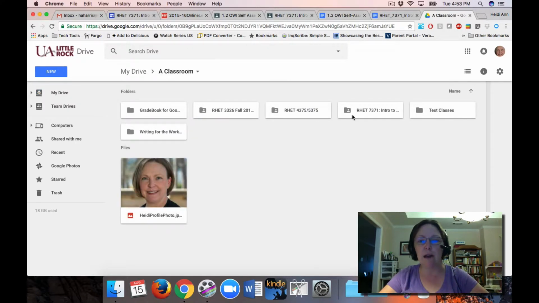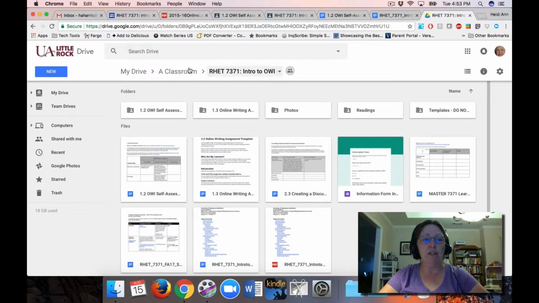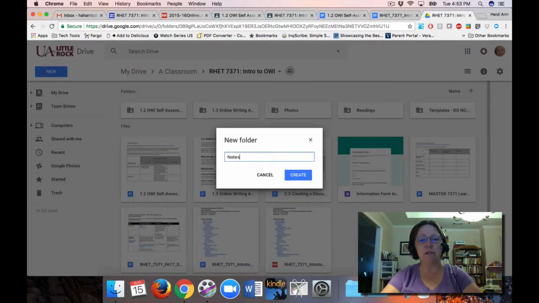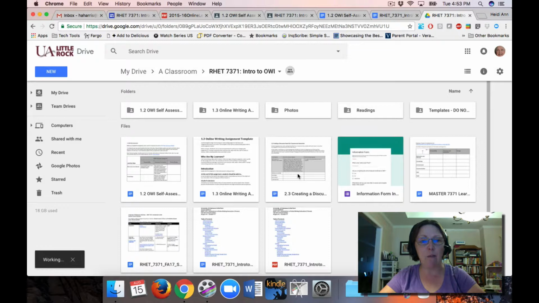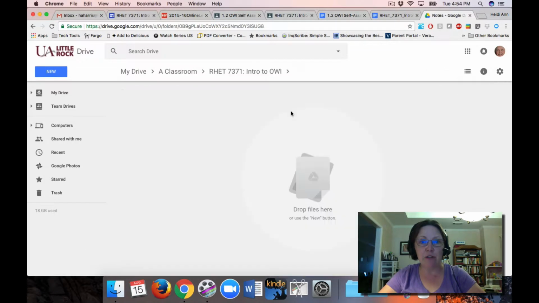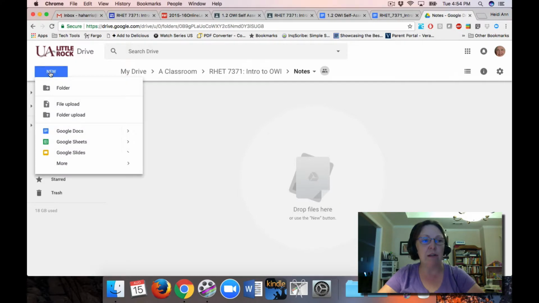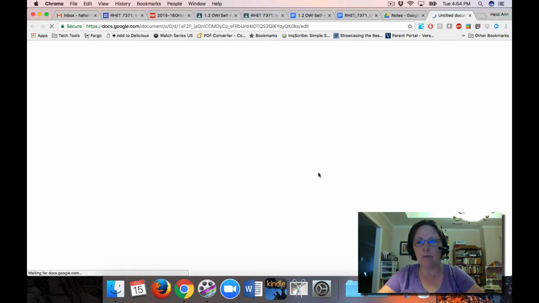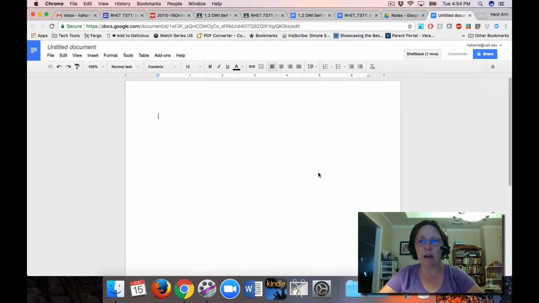And then I'm going to start a new folder that's going to just be for my notes. So I'm going to start a folder right now that's for notes. Create that. And then within that folder, I'm going to start just creating kind of notes pages. So I'm going to go to new. I'm going to make a Google Doc. That'll give you that option, and don't worry about the sharing for that. And then this is going to be my